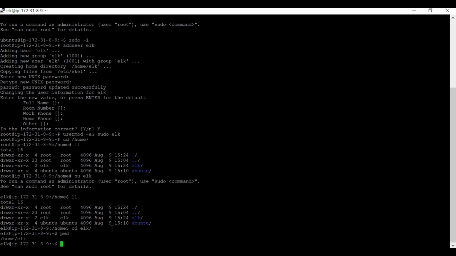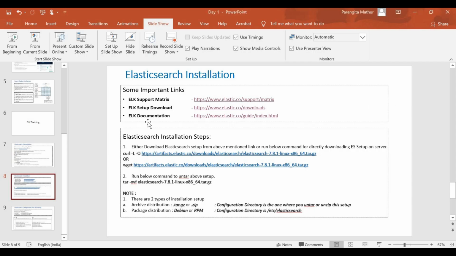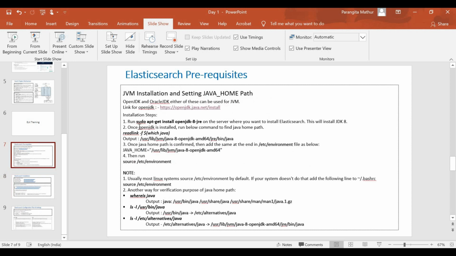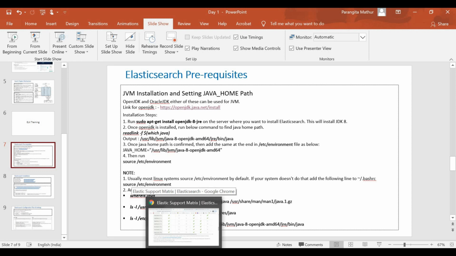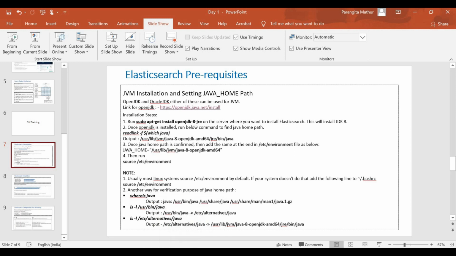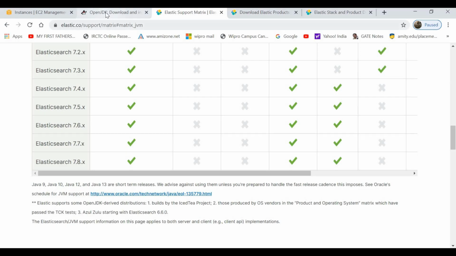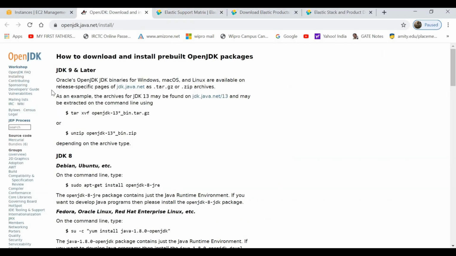Whatever necessary permission is required is already available with ELK, and now I'll further work on the prerequisite and install Elasticsearch. My first step is the OpenJDK installation. I'll follow these installation steps. With changing JRE, the steps will be different. Just because I'm using OpenJDK 8, I'm directly referring to this particular installation mechanism. With 9 or later, you have to do it this way. It's clear-cut, nothing complex. Whatever steps are there for JDK installation, you can simply refer to them.